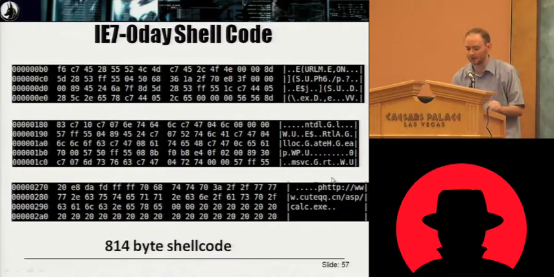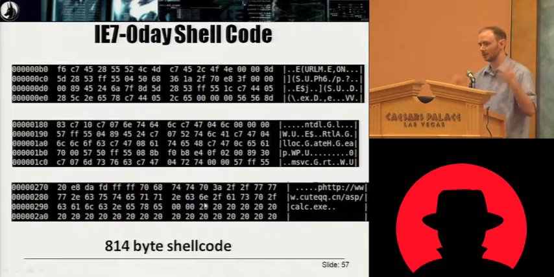The interesting thing about the shellcode, this first shellcode, we analyzed several samples to get a feel for the evolution of the shellcode as it goes through, and what they're actually targeting and how they're trying to target it. What's interesting about this one, we have a size here, it's 814 after the heap spray and actually gets evaluated. Very simplistic. It's unobfuscated once you get past the actual Java heap spray.